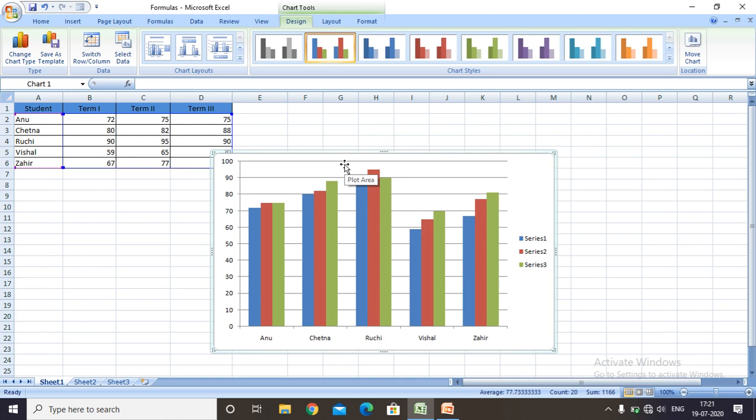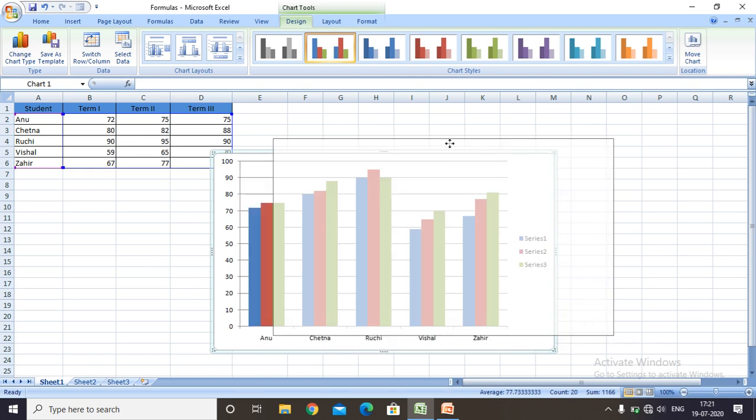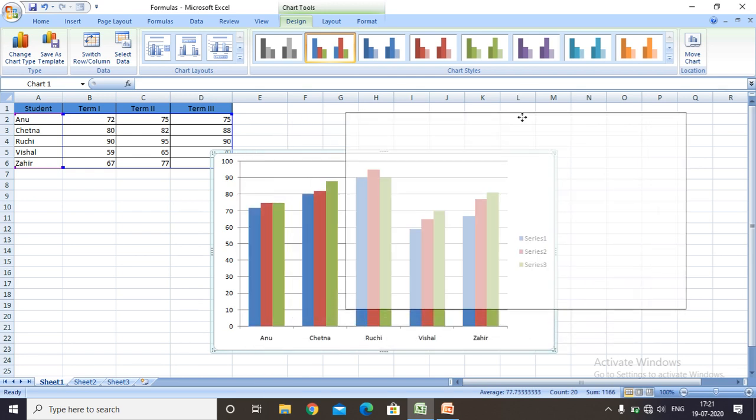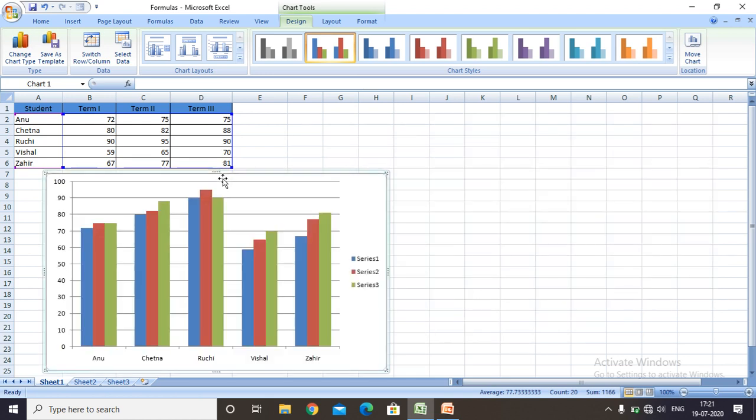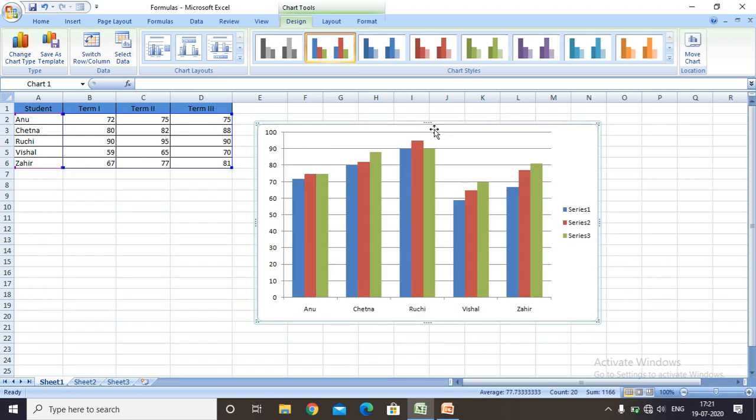So in this way you can resize your chart. Next comes how to move a chart. To move a chart within the same worksheet, we can use the pointer. Place the pointer over the chart, then click and drag to move the chart anywhere on the worksheet. So I can move my chart anywhere in this manner. This was one method to move a chart within the same worksheet.